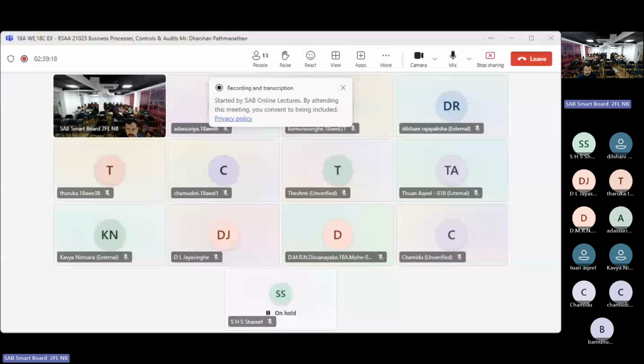Okay, authorized person. So here we are using the capital property, plant and equipment, PP purchase, PP purchase authorization form. Okay, this authorization form must